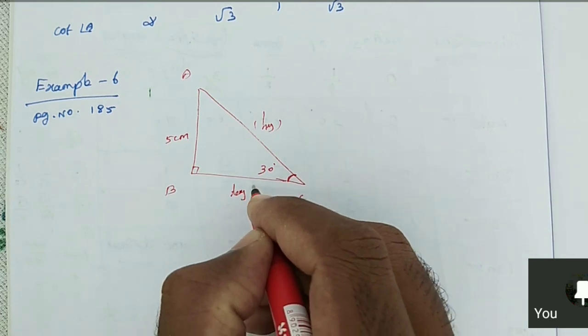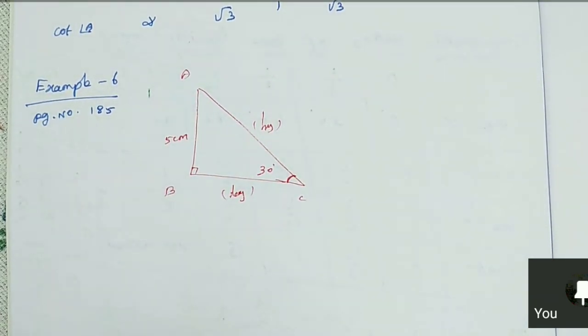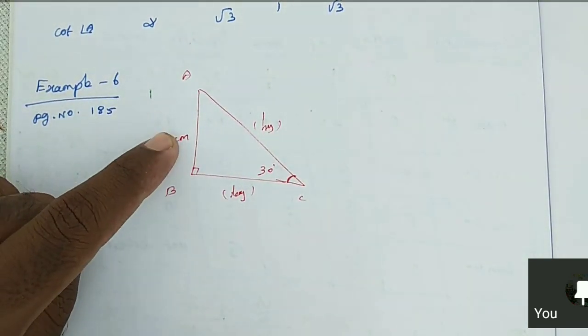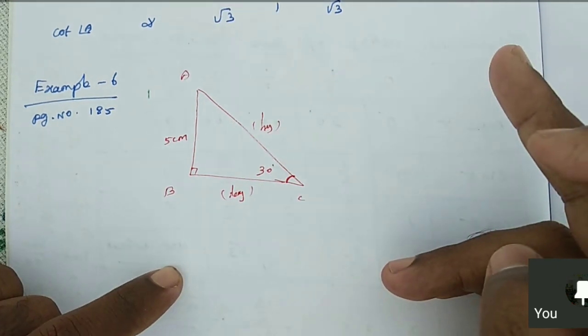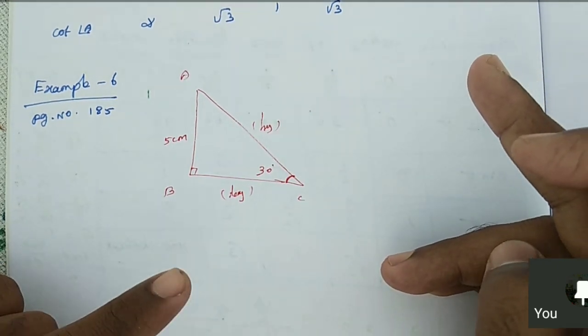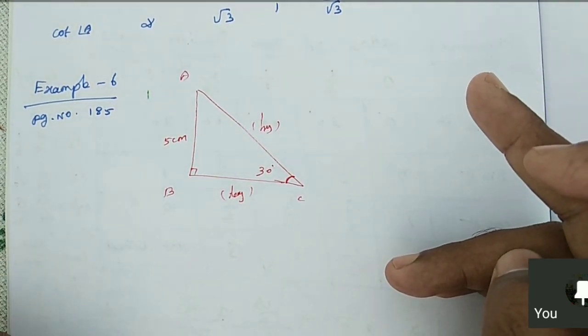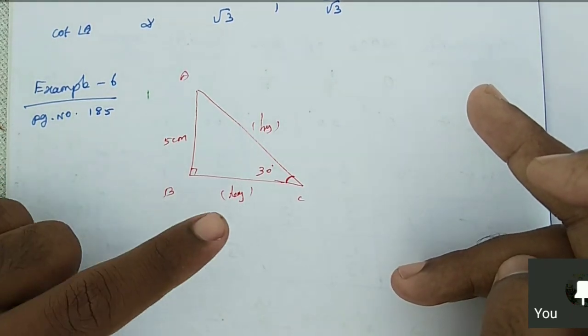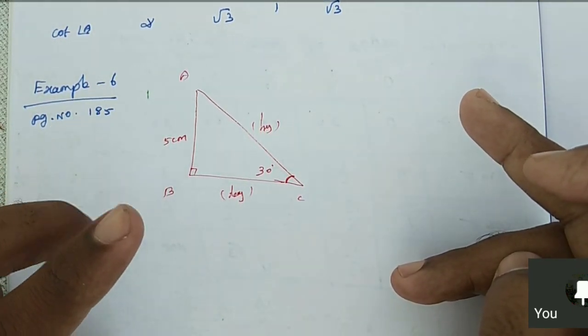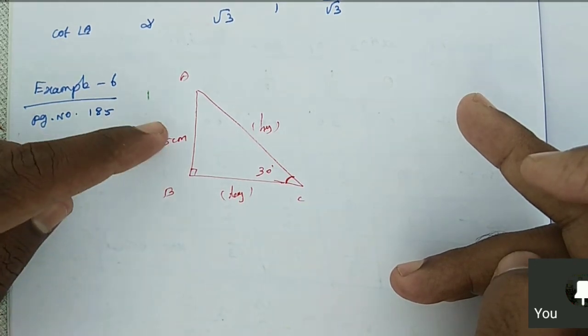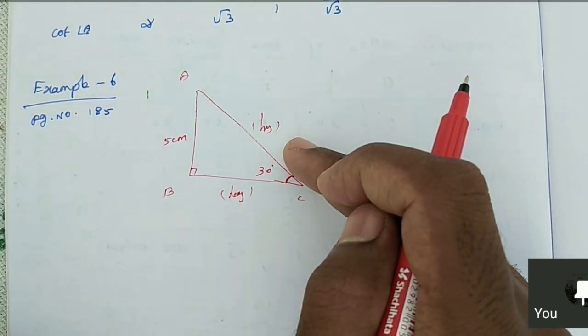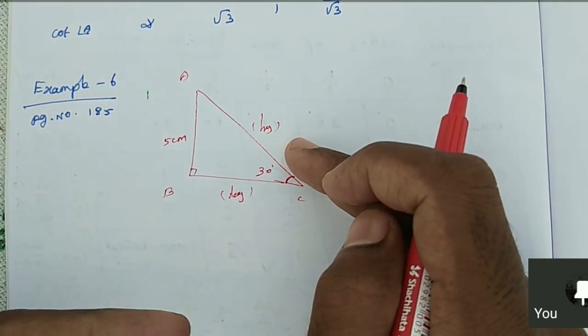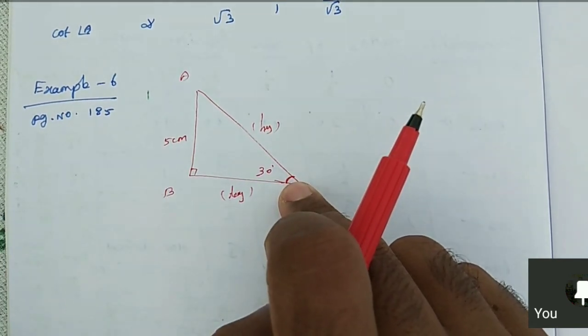In the Pythagoras theorem, usually when they give two sides, we will find the remaining side. But here they given one of the sides and the angle. Here also they given two measures. But in the previous section, they given two side measures, and we found the remaining one side measure by the Pythagoras theorem. Here they given one angle and one side.